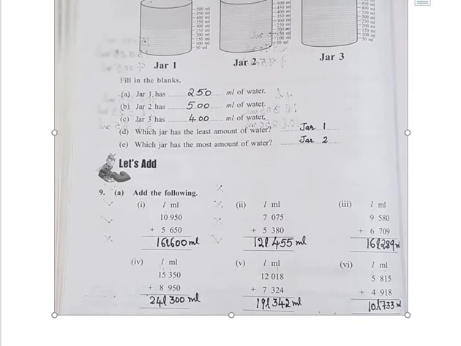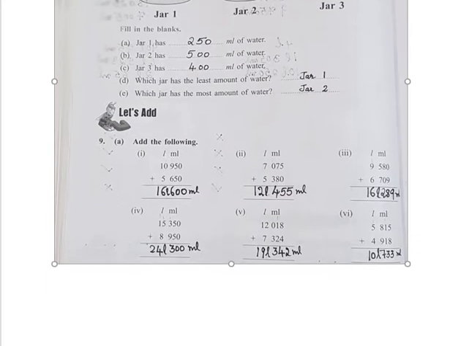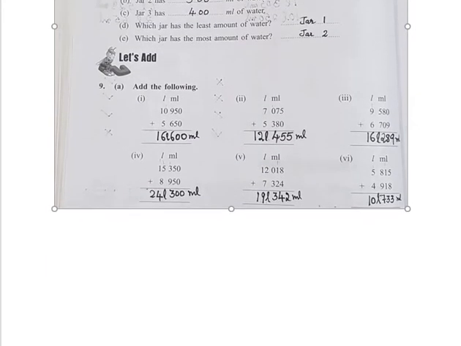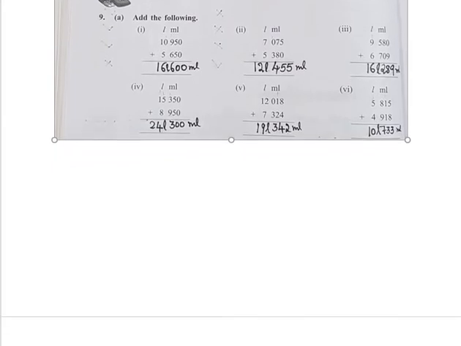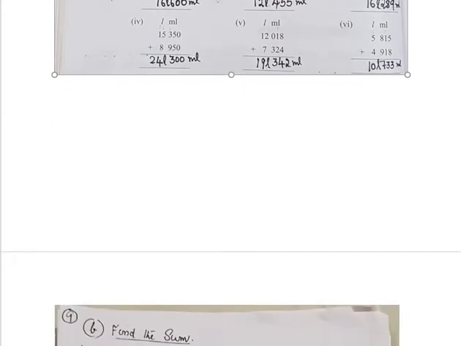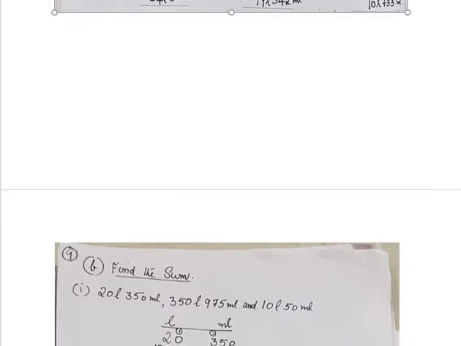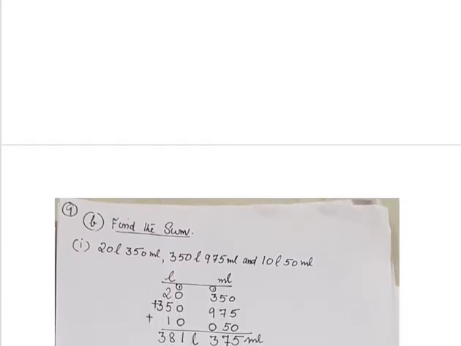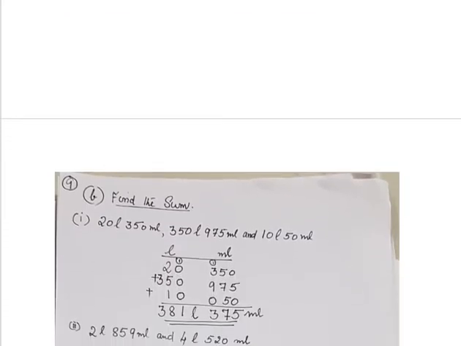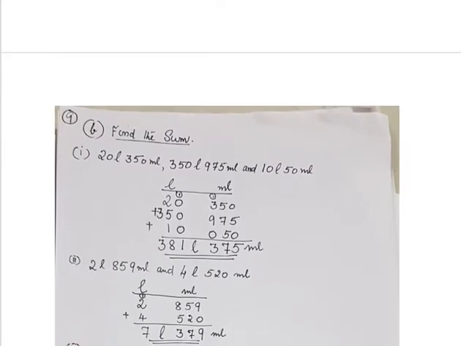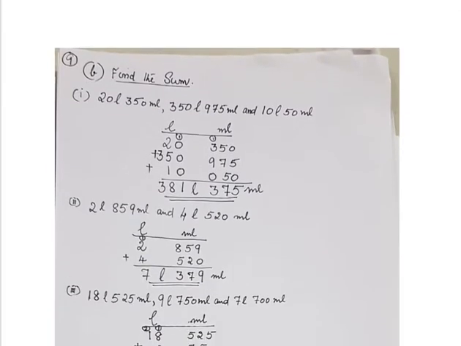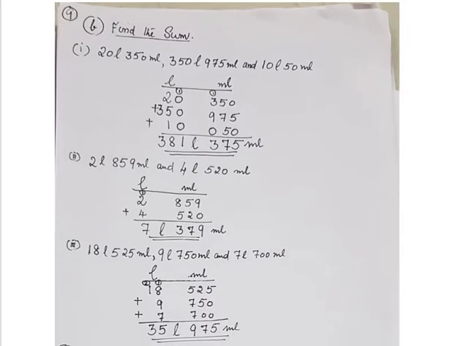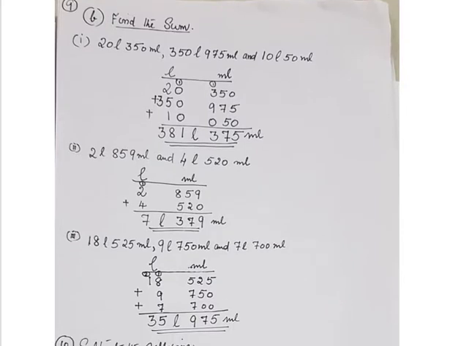So students, you also do it in the same place without mistakes. Now question number B is the same type, but there is no space, so I had written on paper and am showing the method also. So you can also take care in your book, do the calculation and write the answer in the column. Directly you are not able to do it, you can't do it mentally.